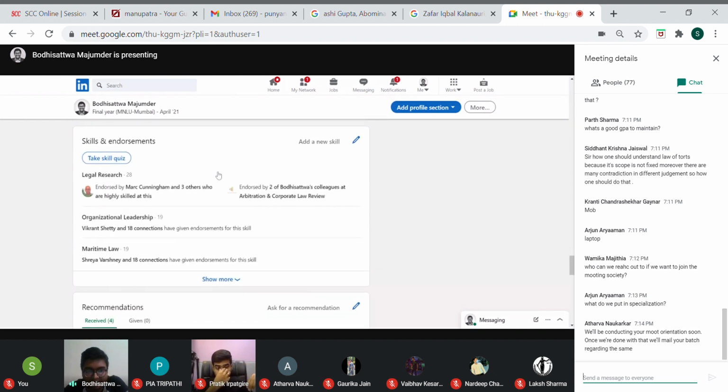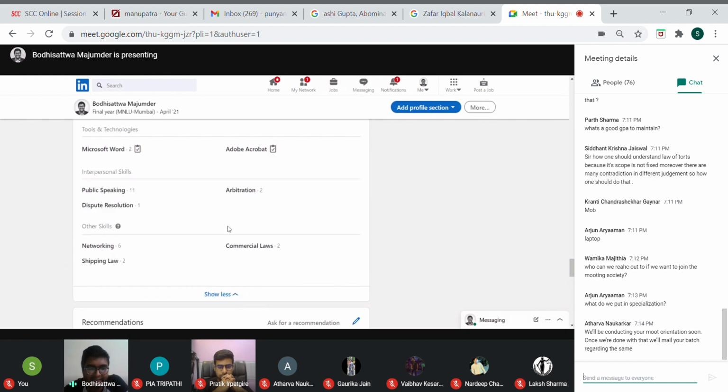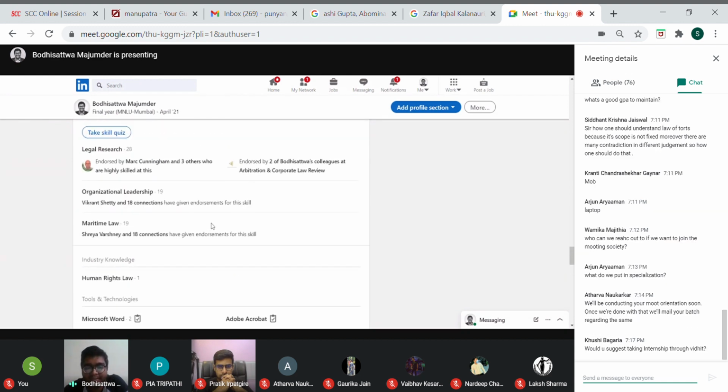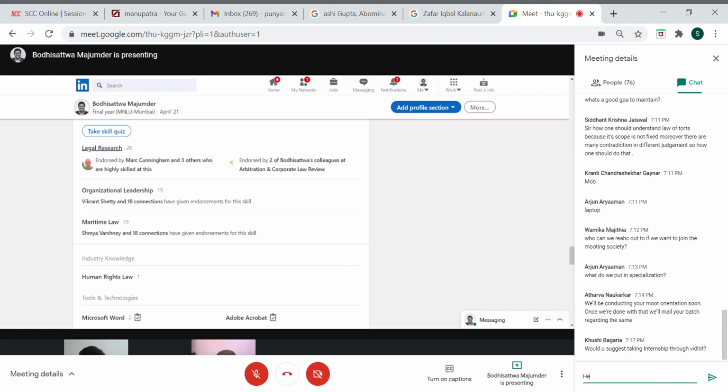Now skill endorsements. These people have endorsed me because they like me. These foreigners are very kind. If you make friends with foreign people, they will endorse your skills. For this you have to select the skills. They will give you a list of big skills like leadership, public speaking and everything. Don't put everything. One, put legal research. This is the most basic skill and everyone should have it. One, put your choice of subject. Suppose you like constitutional law, just put it. And the second should be this kind of thing.